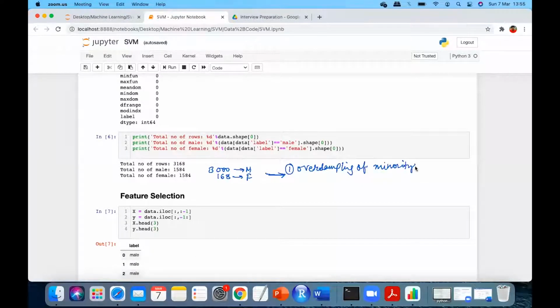So I can do oversampling of the minority class or undersampling of the majority class. What is the minority class here? Female. And what is the majority class? Male. So I can do either random oversampling of the minority class or undersampling of the majority class, right? Clear? Now oversampling, I don't have to do it till a level that both are equal. No, not at that level. I can choose to do it till 60% of the majority class, right?